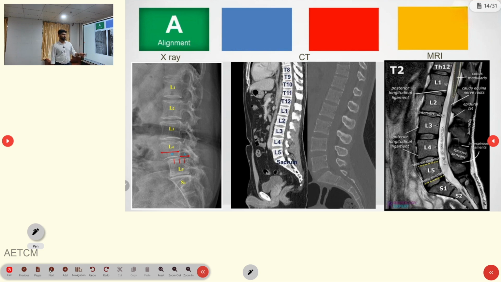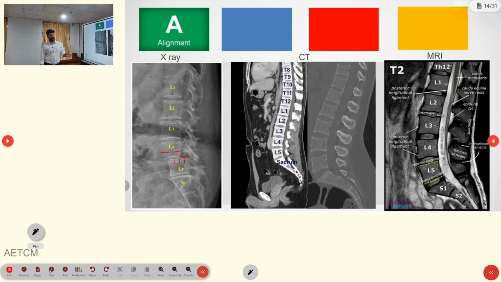sagittal section showing all the lumbar and sacral bones, and the image attached to that is the bony window, which will concentrate only on the bone window, bone intensity. So that also will show any erosion, any fracture, any collapse of the bone. The last one, you can see the MRI, which shows the detailed soft tissue structures in the lumbar region. So from the bone, from the bony aspect, to the canal details, the spinal cord, the cauda equina